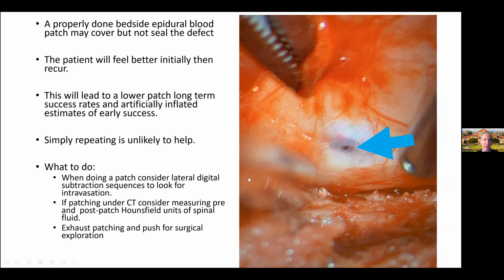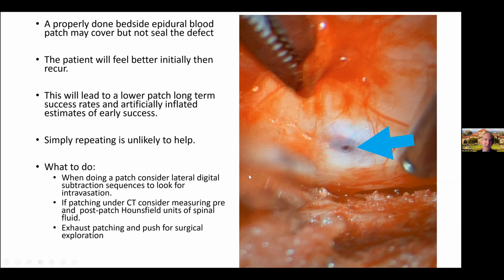This is a hole, but you'll notice the edges are not ratty. They're not unhealed edges. These are not edges that are looking to try to heal themselves if you just cover them with blood. They're well epithelialized, healed edges. This is a fistula. It's not a bleb, doesn't show up on a myelogram as filling with contrast. It led to no epidural collection, but putting a suture in that fixed this woman's problem.